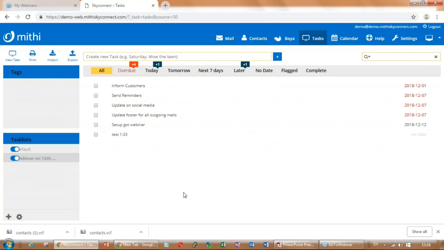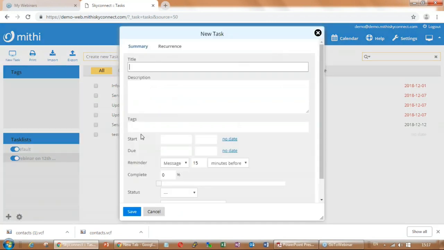You can create a task and assign a date, due date, and if you go to new task, you can assign a start date and due date. You can put a reminder, and the alert will be displayed on your screen 15 minutes before that task.